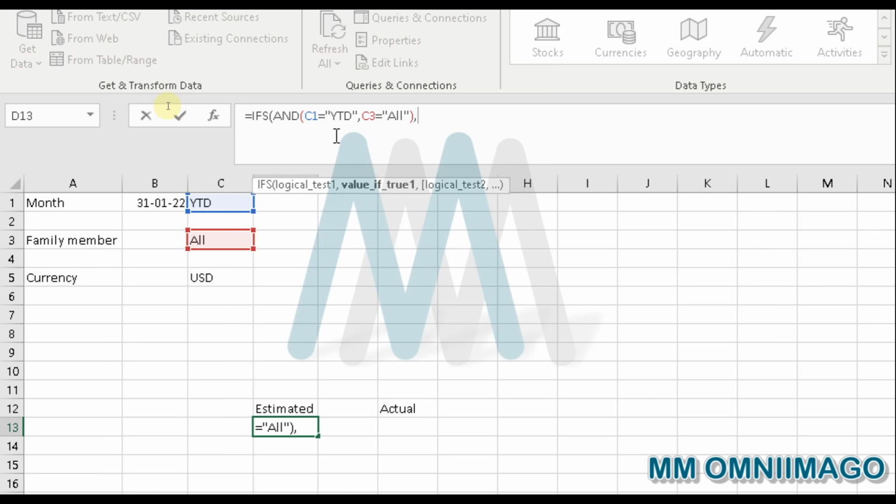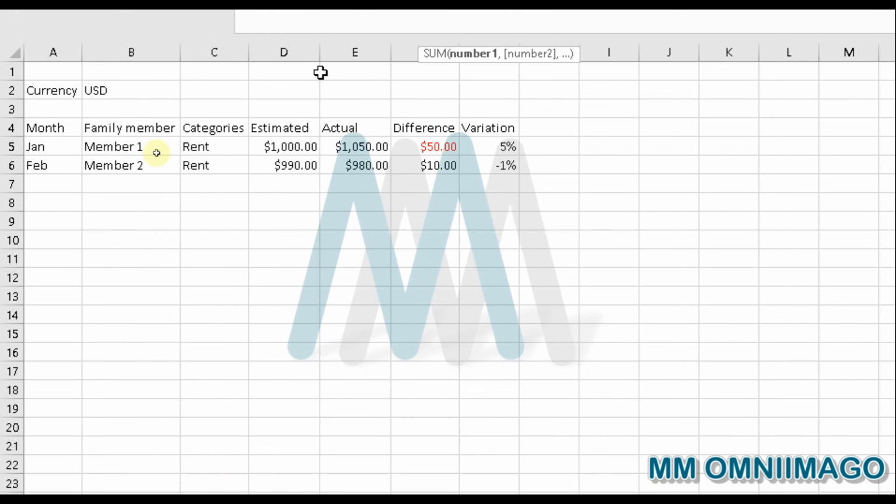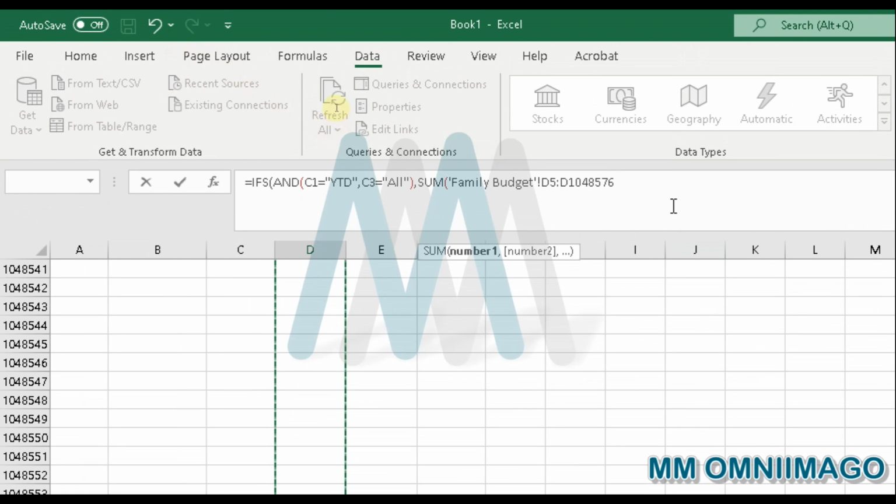If the value is true, what we want to have is, if it's all family members for the entire year, simply a sum. We want to do the sum of what we have here in family budget, the sum of everything that we estimated. So Control Shift down arrow, and we have everything. And this is exactly what we want to do. Then we add